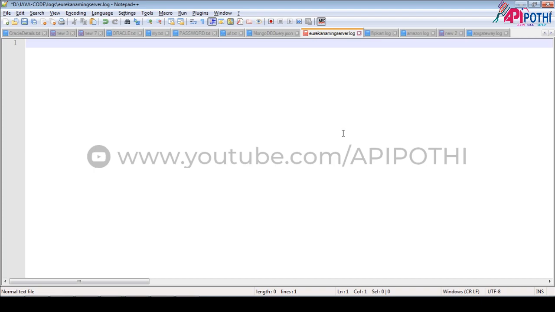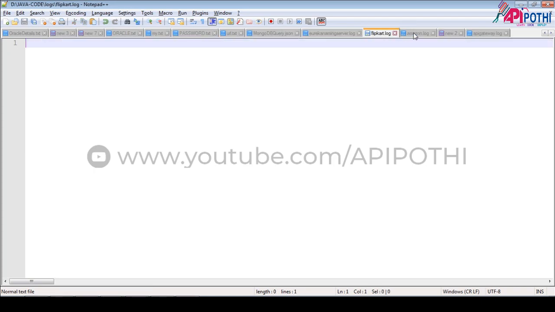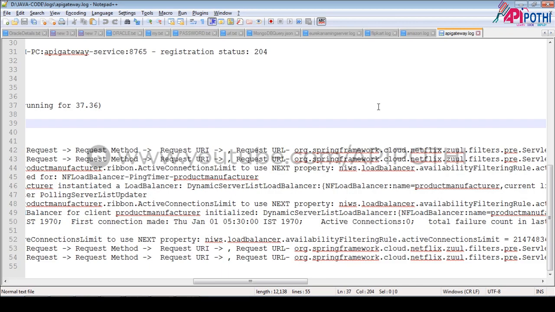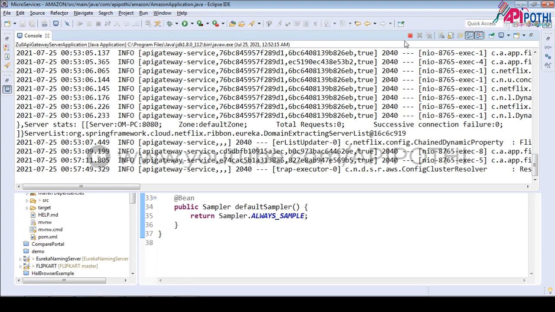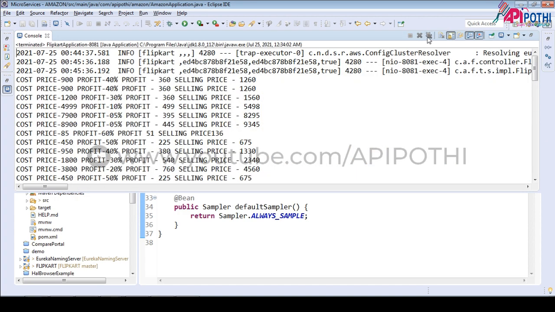Second work, I wanted to show you something special, but before that I want to stop all the servers. There is something called a unique identification number in API gateway also, that we are going to configure here. How will we do that?